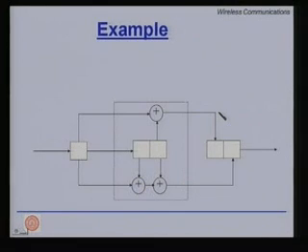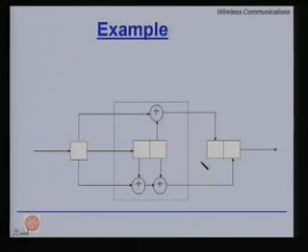Let us look at a simple example of a code with memory. So, we have a shift register with 2 bits, and then we take 1 bit at a time, and we do some kind of basic processing and output 2 bits. So, the number of bits in the code word frame is 2, the number of bits in the information frame is 1. So, k naught is 1, n naught is 2, and the rate of this encoder is 1 by 2.